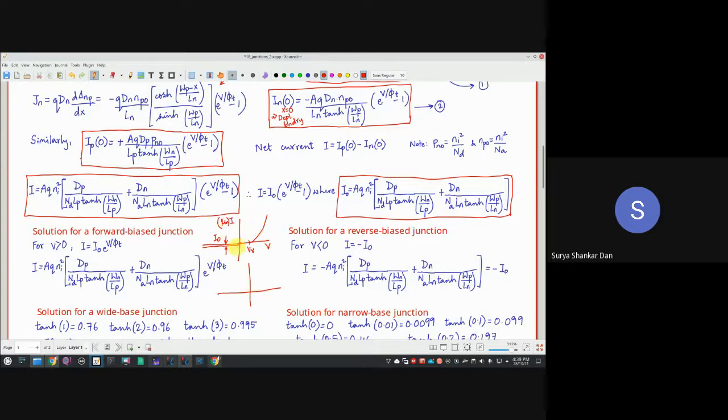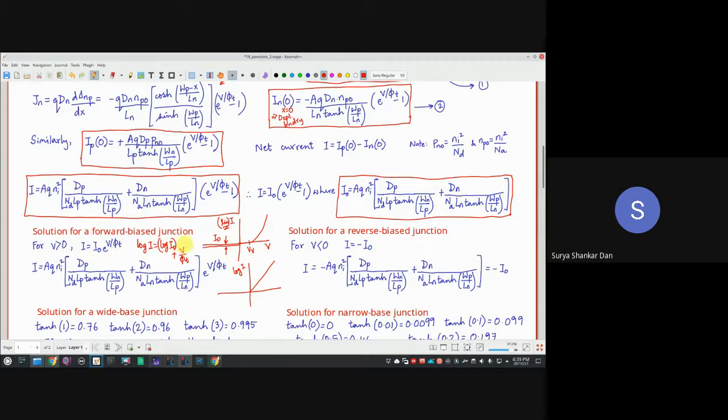What happens is we are essentially used to looking at the diode characteristics in the linear scale. ठीक है? जब हम log scale में करेंगे ना, then you will notice this is an exponential term. This is exponential, correct? देखो यहाँ पर exponential है e to the power of v by phi t. So if you are plotting in the log scale I, then this is going to be linear. Yes or no? है ना? So basically what I'm plotting over here is log of I is going to be some log I0. This is of course a constant, okay, plus v by phi t. So what do you understand here?